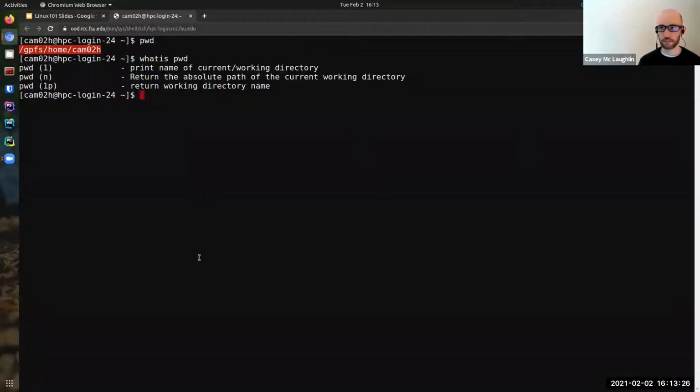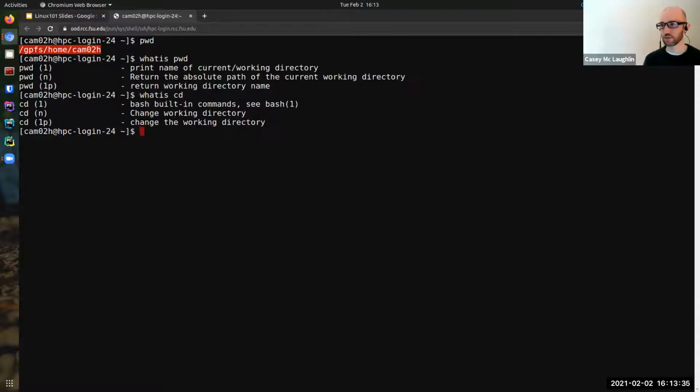Okay, so we can move around the file system with the change directory command. Let's say I want to go all the way back up to the top. So change directory /. Now you can see that the prompt has changed.